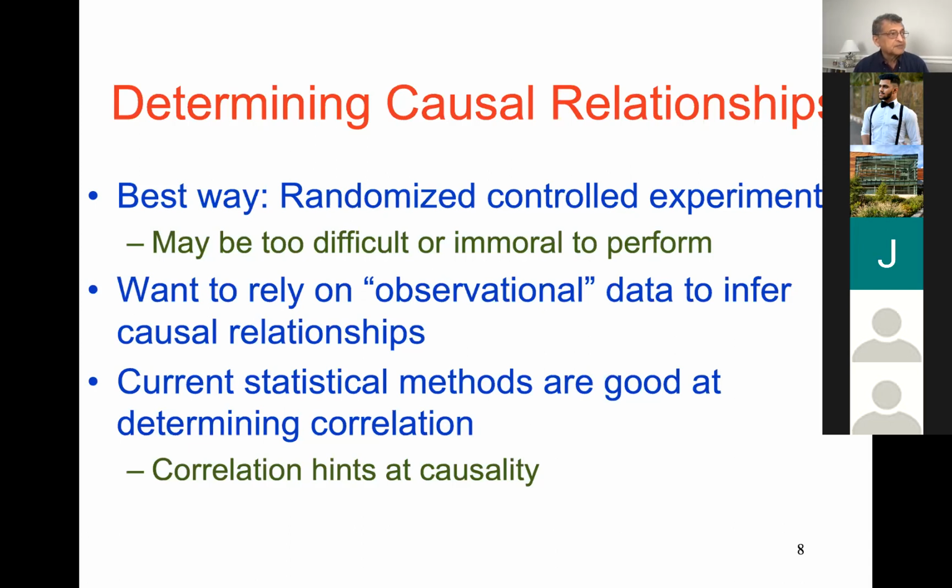So this is just like in deep learning. We observe a lot of data and then we decide there is correlation between these. And so we are able to build a system for generating natural language text, like Alexa and so on, based on the correlations that exist in the data. Can we do that for causality? Current statistical methods are good at determining correlation. So we are able to detect correlation between data.